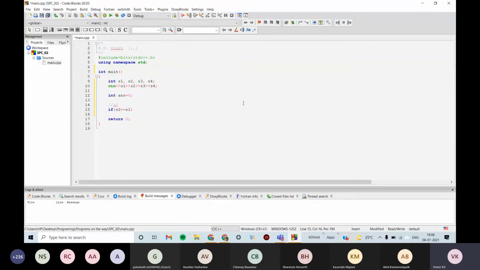So we will increase our answer by 1. Just a minute. I'm getting ways to do it with arrays, but not with just if else. Let me just think for a second.